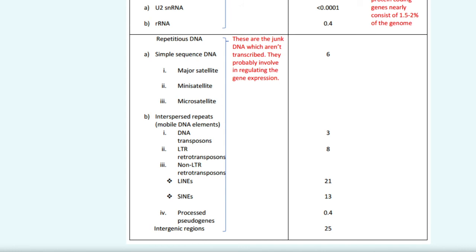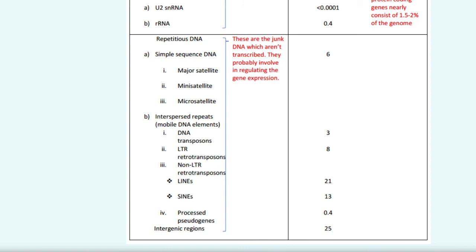DNA transposons contain 3% of our genome, and they are the transposons that are transported throughout the genome via a DNA mediator. LTR retrotransposons contain 8% of our genome, and they are the retrotransposons that are transported throughout the genome via an RNA mediator, and also have the LTR, or long terminal repeat, in their structure. Non-LTR retrotransposons are the retrotransposons without the LTR sequence in their structure and are divided into